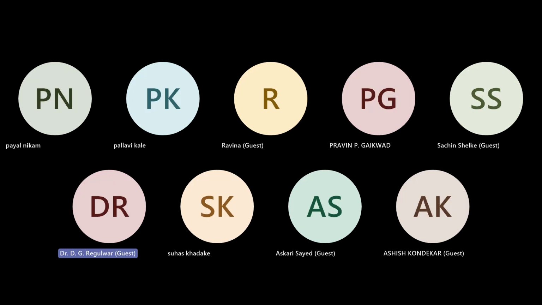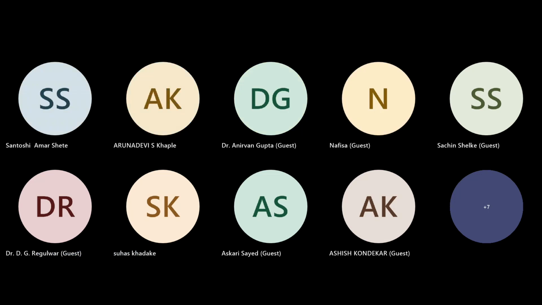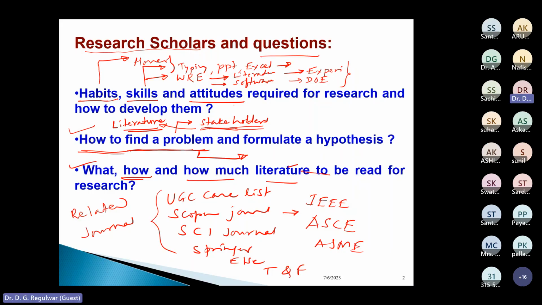A paper is the work of at least 3 to 4 years of someone, produced in 10 to 15 pages. When we read those 10 to 15 pages, we have to read them giving due respect that the author has taken 3 to 4 years to get all his research outcome in those pages. So you have to read it very carefully, and if you want to understand something from that paper, you may require